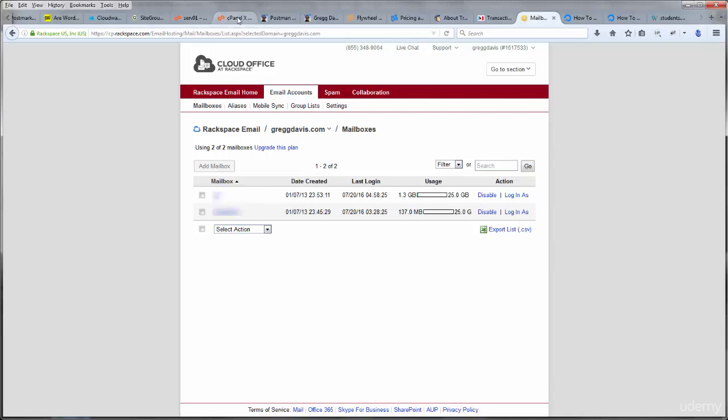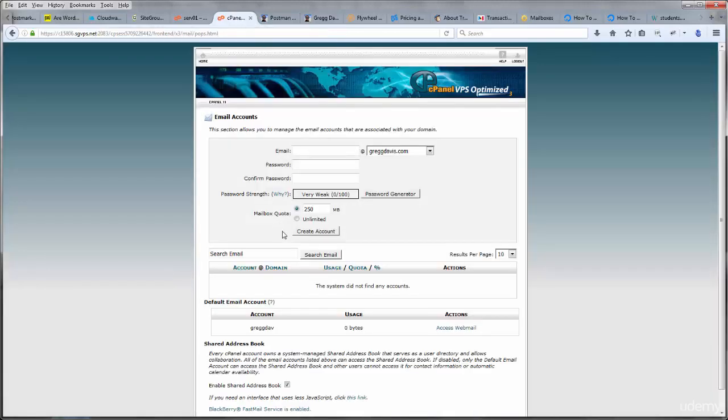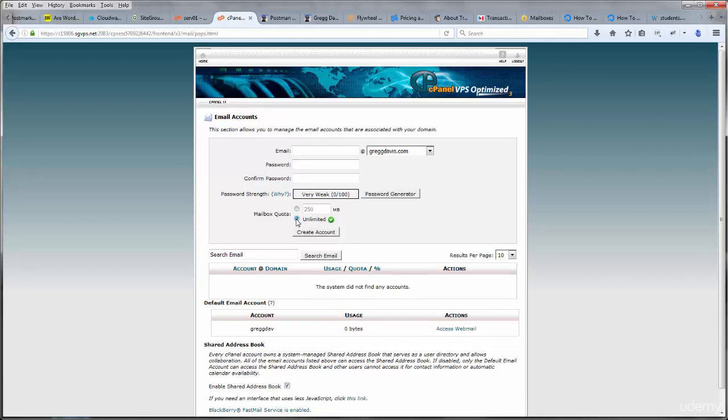Now, if we go back to the control panel, you can see that by default, the control panel urges us to use a 250 megabyte mailbox quota. It's a good idea to do this. If you choose unlimited for an email address, it's possible, depending on how the client uses email, you might fill up your allocated storage inside of your website server. This is one of the reasons why it's a recommended method to keep email stored at a different server than